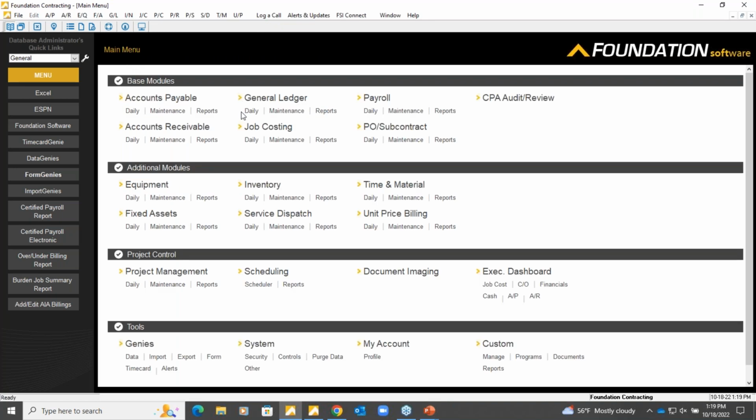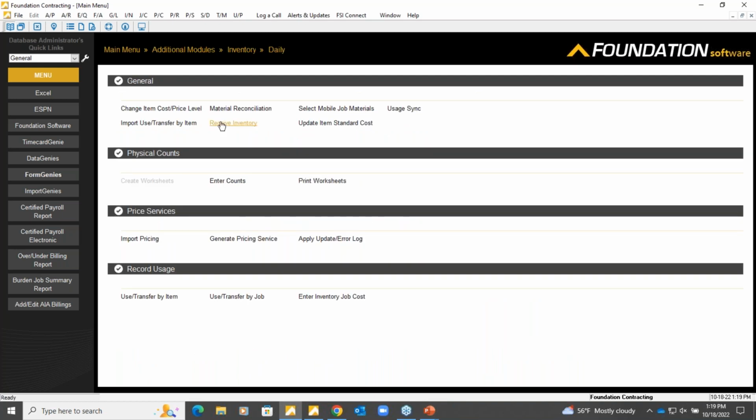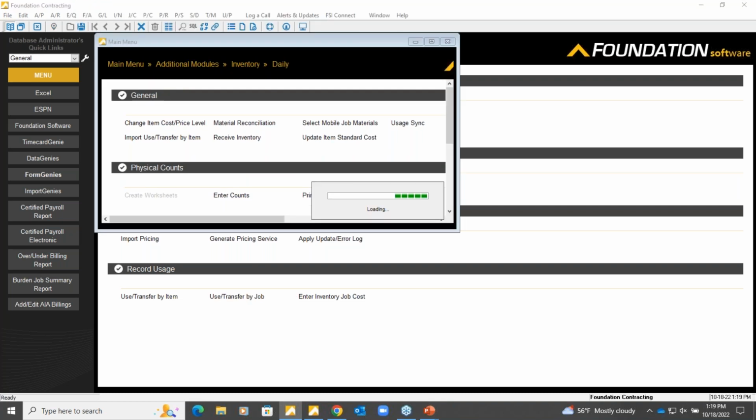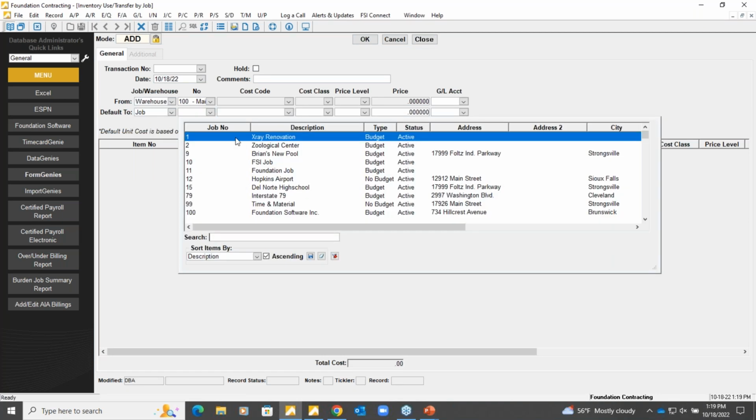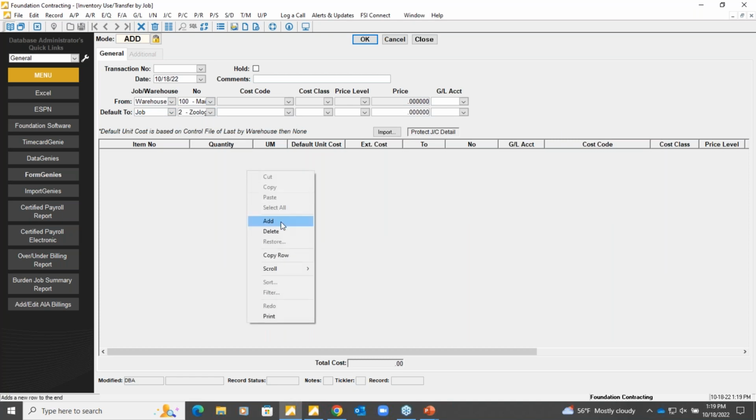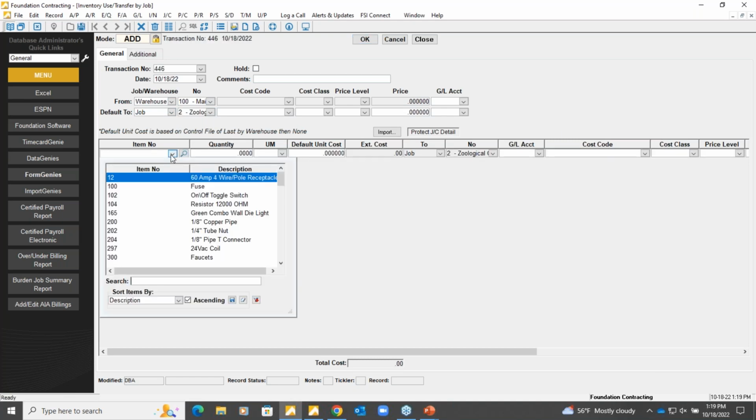Being able to have a purchase order system where we can issue purchase orders and receive inventory, so that we can recognize those material expenses a little quicker than just waiting for the AP invoice. We also have the ability to have a true warehouse tracking system, where stock inventory typically sits as an asset, but I want to reflect that it was used on a specific job, so that we can actually record the job costing side of that